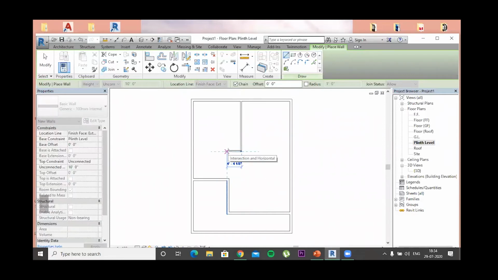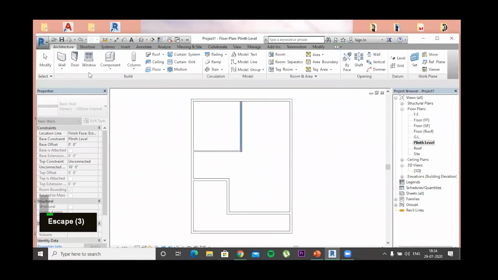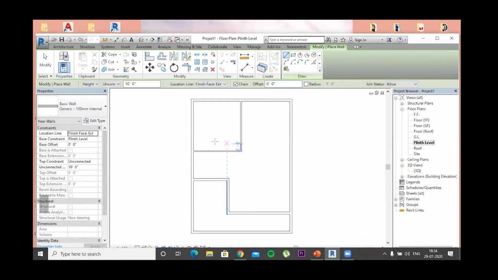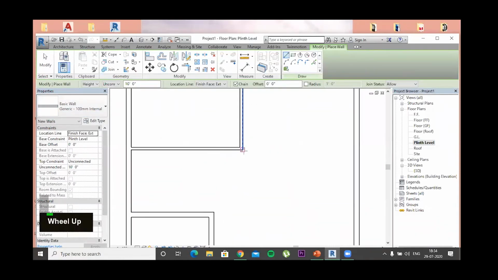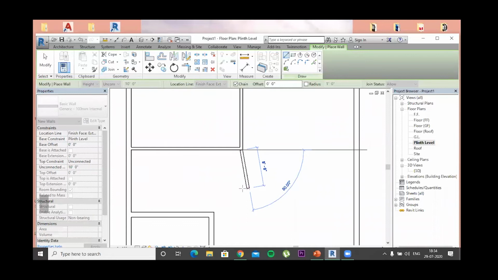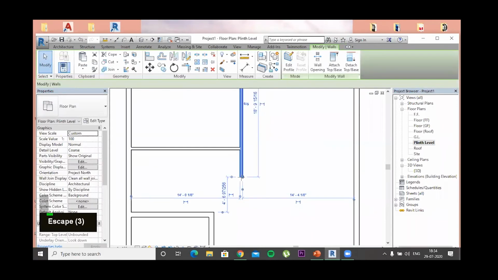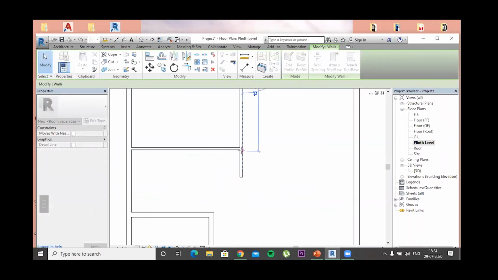On the left side will be the stairs, and then again with the same internal wall we'll create another partition here for the kitchen. We'll just extend this one. This looks better.